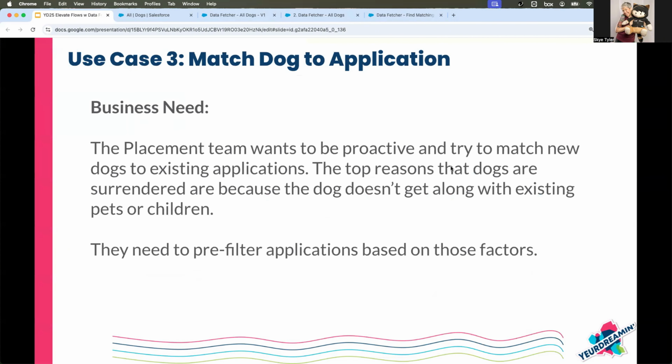Okay, so this is actually my favorite use case. As someone who has rescued several dogs before, I know that one of the top reasons that dogs get surrendered are because the dog doesn't get along with either existing pets or with children. So when a new dog comes in to Let's Go Home and they've been screened and they're healthy and they're